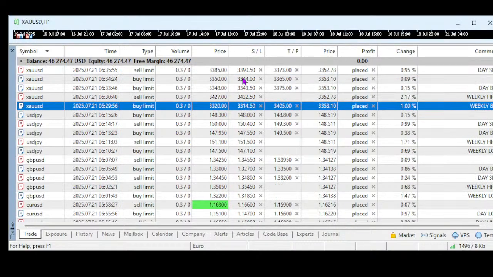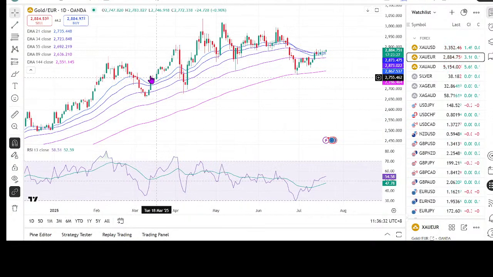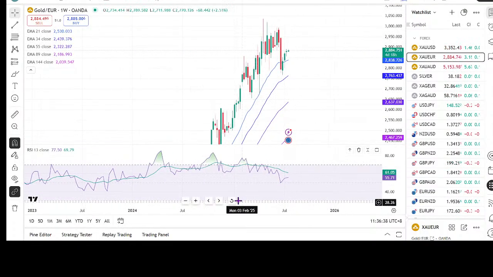Okay, so we have 5 orders for the gold US. So buying at 20, this is the weekly low we are expecting, and selling at 3427, this is the weekly high we are expecting, and the daily high we are expecting somewhere near 80 or 85, and the daily low, we feel that the low is already seen, so that's why we are going for a slightly higher level. So let's next move on to gold euro. Okay, the gold euro, what we are expecting on the weekly.